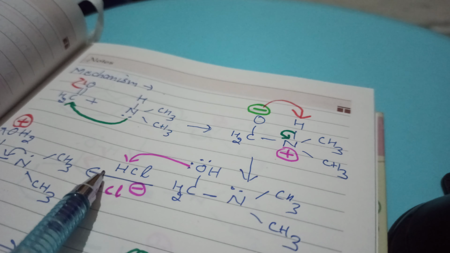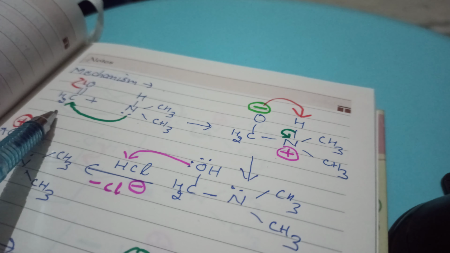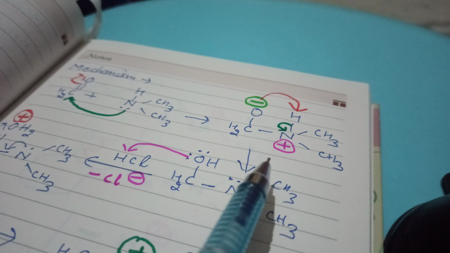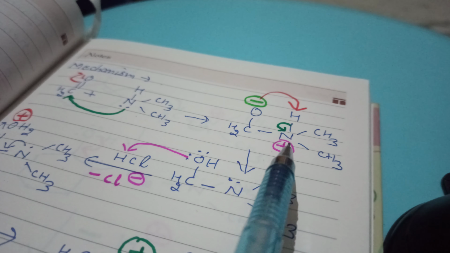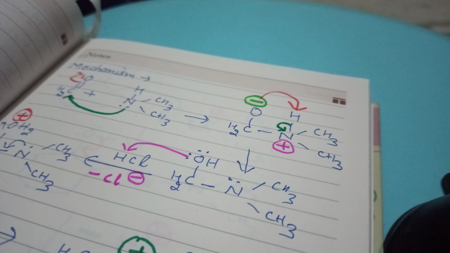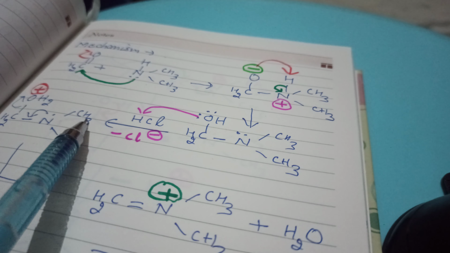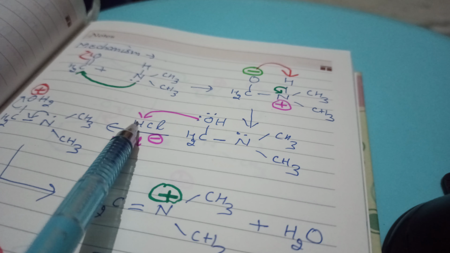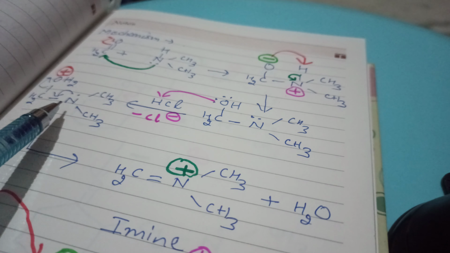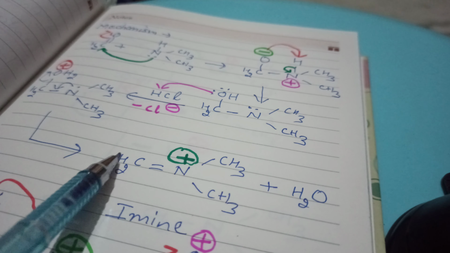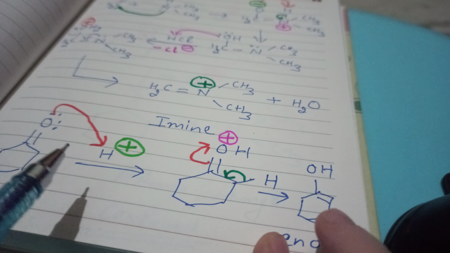Once again see this step. Firstly, the lone pair on nitrogen attacks the carbonyl carbon and the bond is shifted. This type of species is formed. After that, O negative accepts the hydrogen and the lone pair gets back to the nitrogen. After that, H is accepted by the OH and OH2 positive is formed, and water is removed and imine is formed in this step.